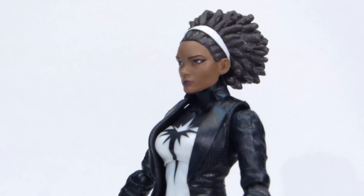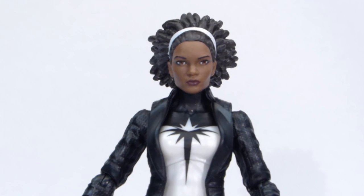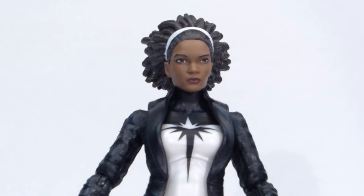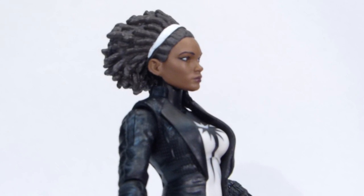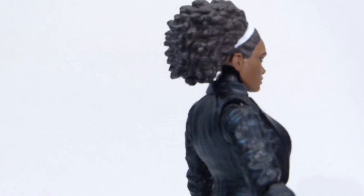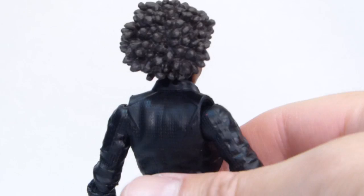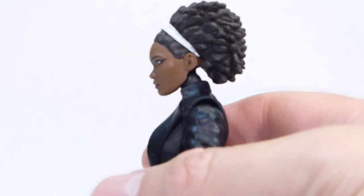Looks like there's a little bit of blush on her cheeks, and she's got this deep burgundy lipstick, and nice, really warm brown eyes. Just a really attractive figure, and the hair is sculpted quite nicely. I really like the design that they went with because it clears her jacket, and you'll be able to get her in